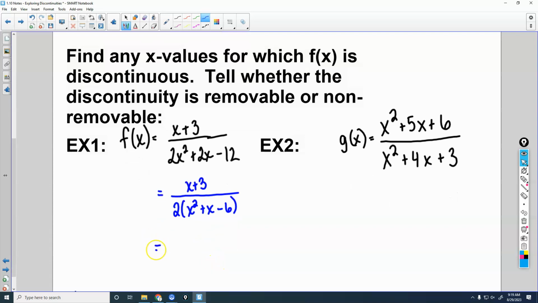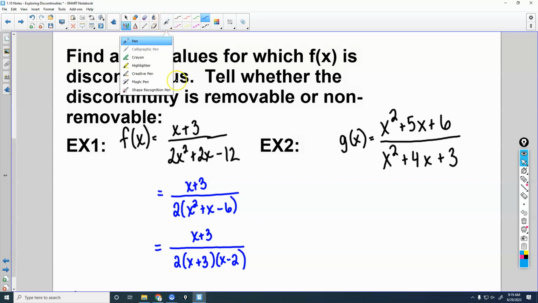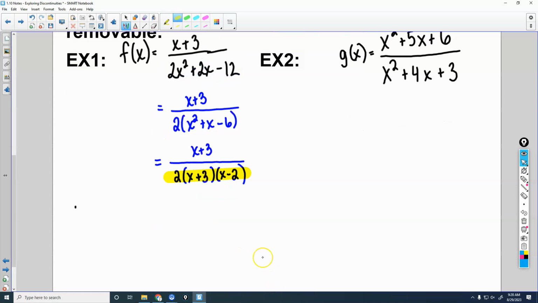And so if we factor completely here, 2, we'd have an x and an x. We've got to get -6 and a positive 1 in the middle, so we could do +3, -2. Now, when you're looking for discontinuities, you're looking at the bottom. Okay? So we want to look for discontinuities before we even worry about whether something will cancel. So we would have discontinuities